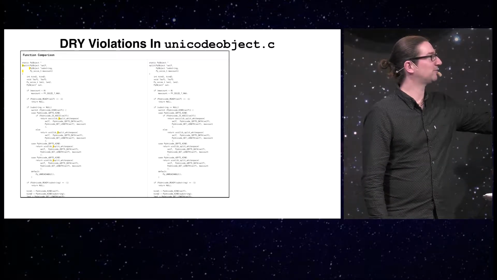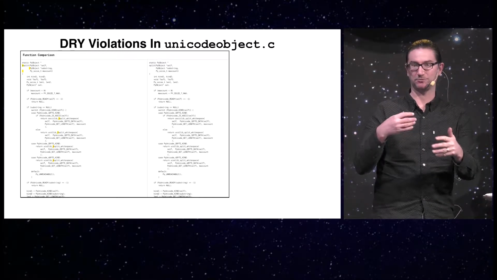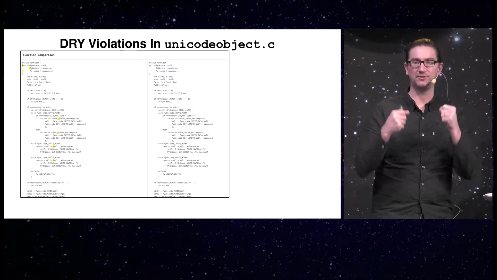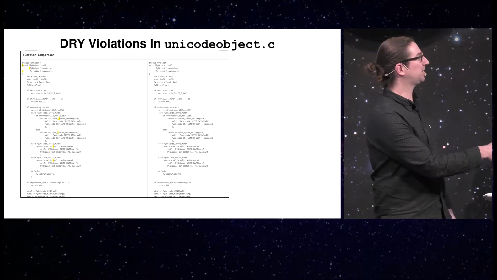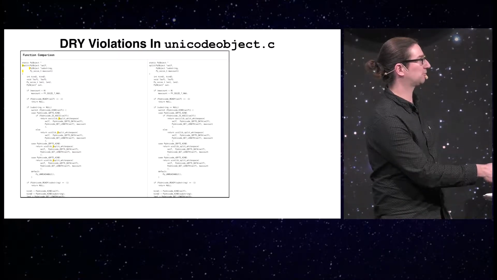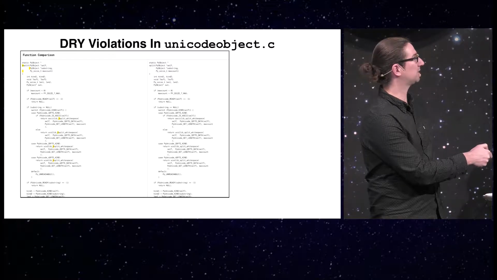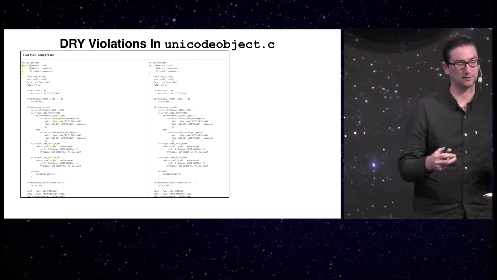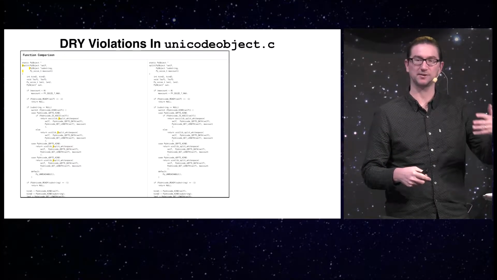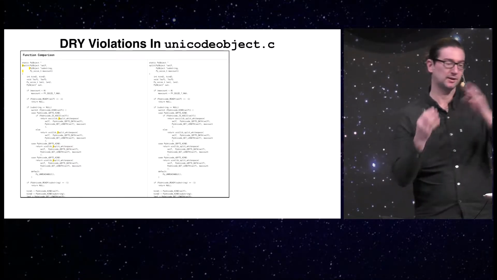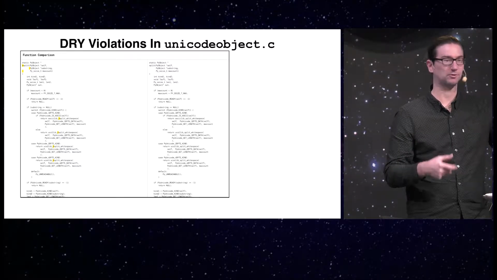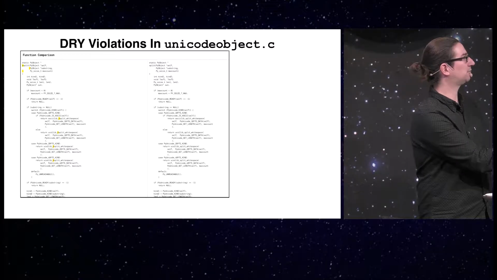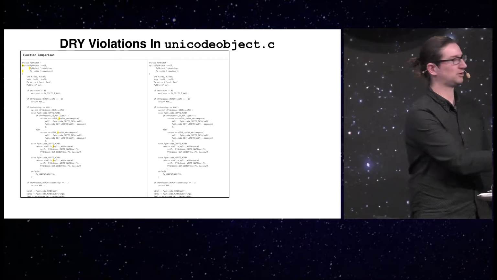So what we see here is a common reason for change coupling between different functions. What you see here is a dear old friend, copy-paste. This algorithm is not really trivial, right? And we see that the only difference is that a different function gets called here. So what we could do here is, even though this is C, so our abstraction mechanisms are a bit limited, we could still extract the shared algorithm. We could parameterize it with a function pointer, and I could just send in the different variations here, and my duplication would go away.